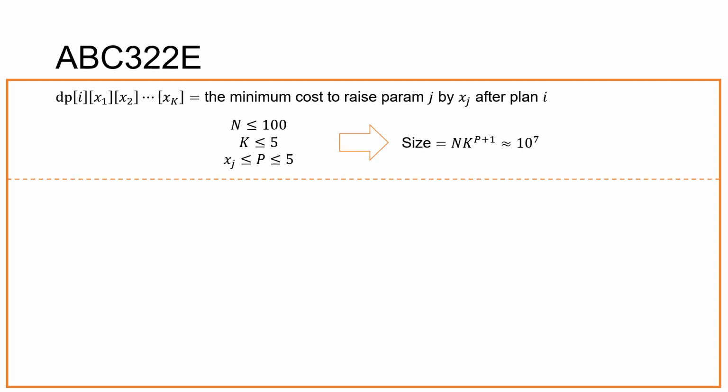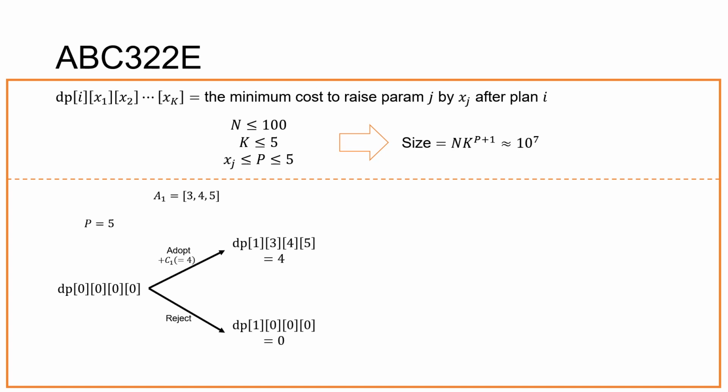Now, I describe the transitions of DP for your comprehension. We consider p equals 5 and start with the case where all variables are 0. Then we consider both the adoption and rejection of plan 1. When adopting it, the status increases by 3, 4, 5 respectively, and the cost is 4, but when rejecting it, the status remains 0. Then we consider plan 2 in the same way,